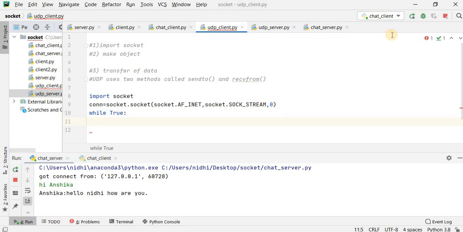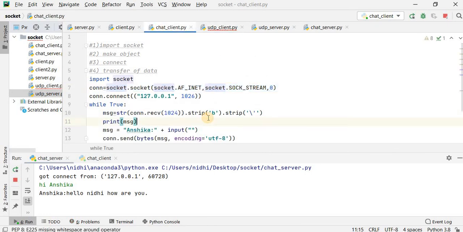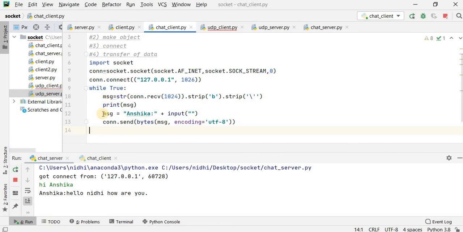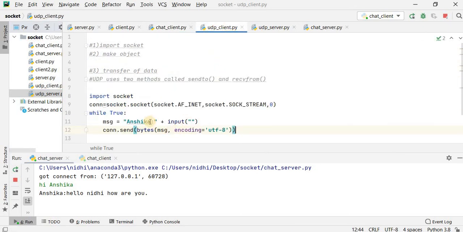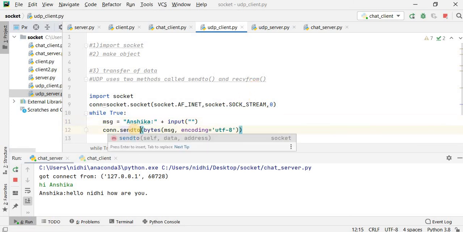As the restriction is that the client has to send the first message, from the chat client this one I have to copy over there, because my client is Anshika, and it will be sendto.